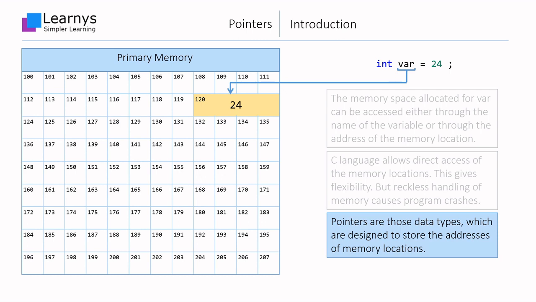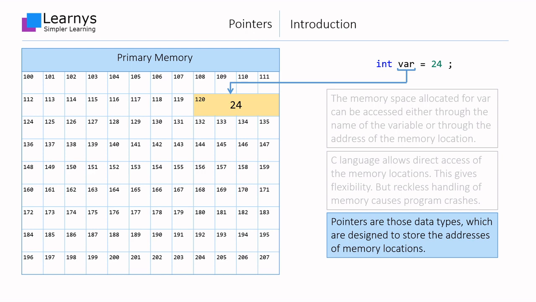An int type of variable will hold an integer number. A float type of variable will hold a floating point number. Likewise, a pointer type variable will hold the address of a memory location. It is important to understand that pointer variables hold the address of a single addressable unit of memory, which is a byte in most of the cases.